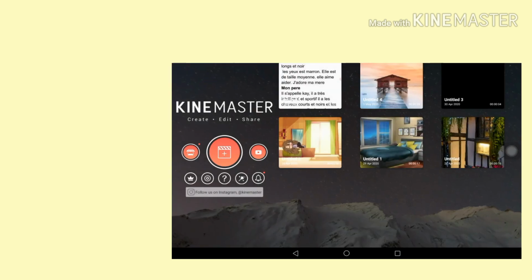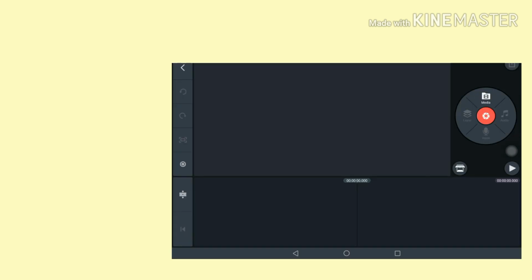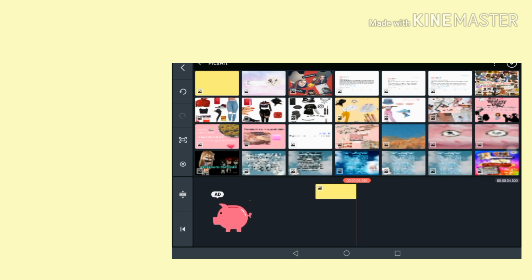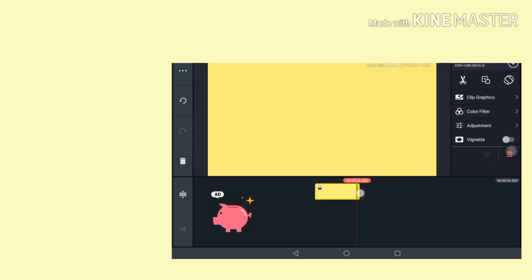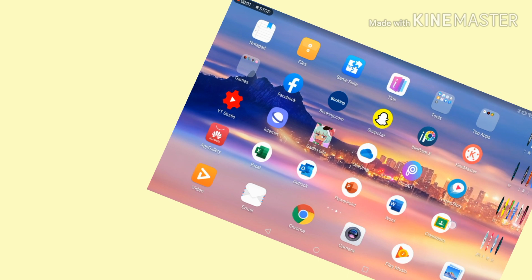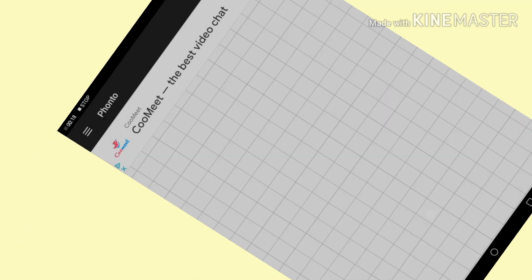You're going to pick a new project and you're going to pick 16:9 ratio. So go to media and pick the Pixar picture that you just exported, and then you make it as long as you want for your intro. Now you're going to click layers and pick media. Before we do that, we're going to go into photo. So click into photo and then you're going to go and get images,